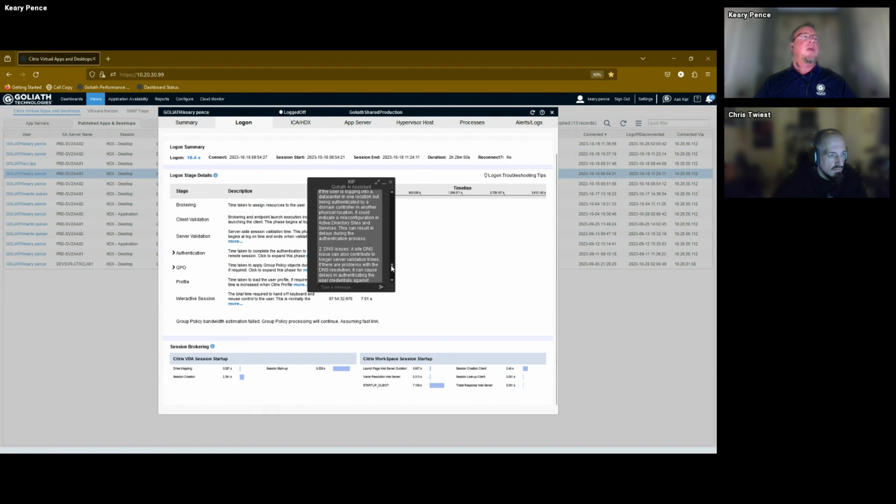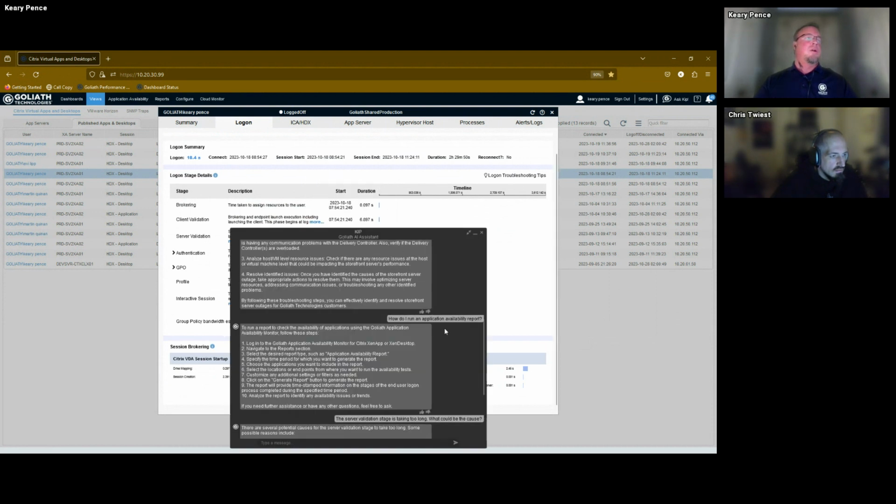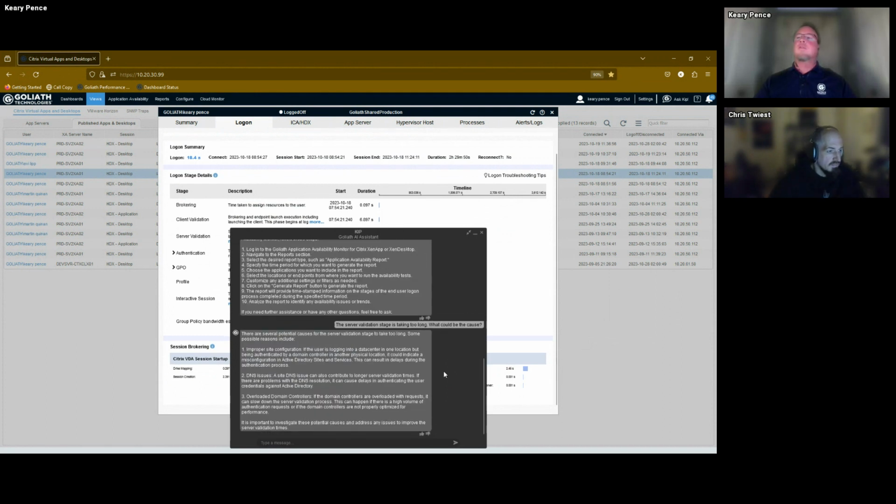So you can type that into Kip, and Kip will go in and let me make that a little bit larger for you. Kip will start to spit out some responses as to what could potentially be the root causes of these issues. Now, if you're typing into this and you get a response back that you don't think is particularly helpful, you can thumbs up or thumbs down a response,